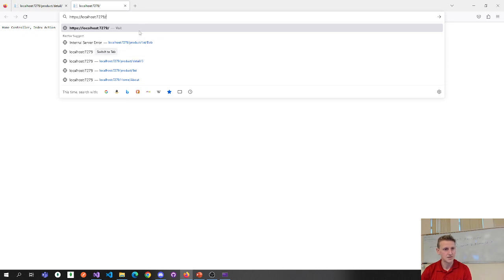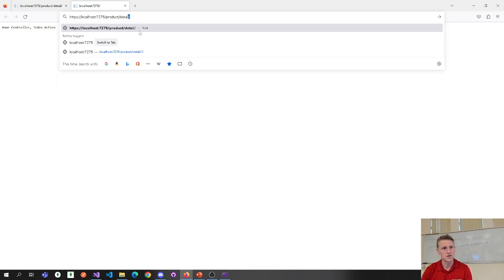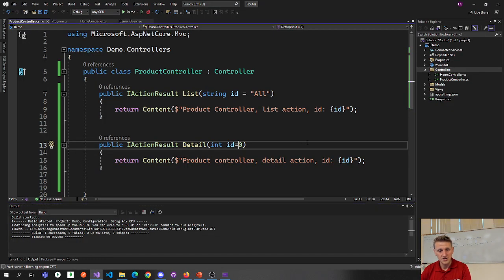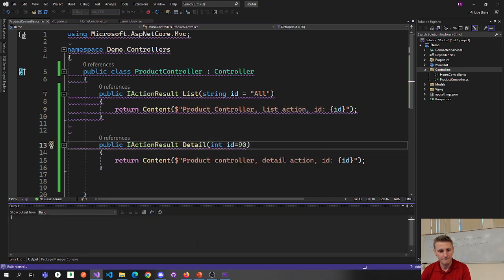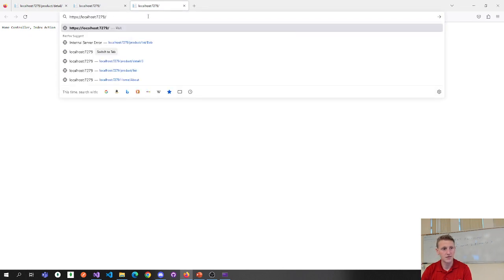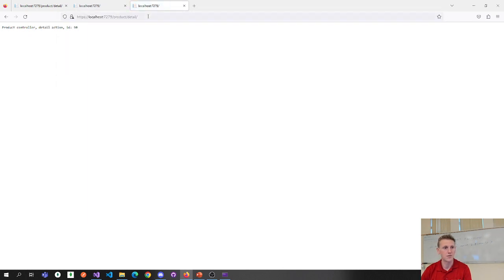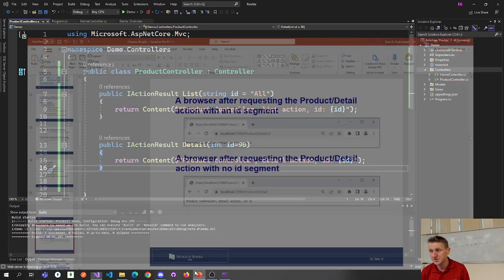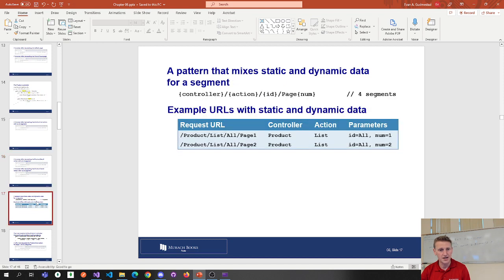Product detail makes no difference. What if it was like another number? Sure, let's just throw 90 in there. Default to 90. Product detail, ID of 90. Okay, good. So that's routing out of the box,